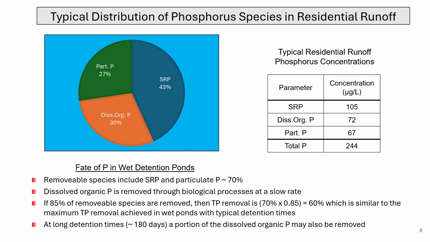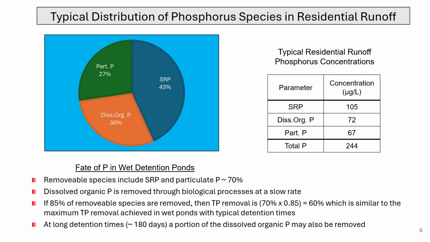When we consider the performance of wet detention ponds, if we achieve an 85% removal rate for these easily removable species, our overall total phosphorus, or TP, removal becomes about 60%. This calculation, 70% multiplied by 0.85, gives us that 60% figure. This 60% removal is quite representative of the maximum TP removal typically achieved in wet ponds with standard detention times,